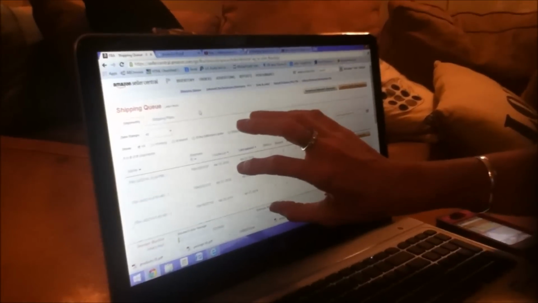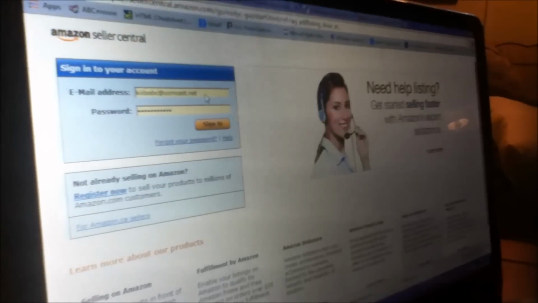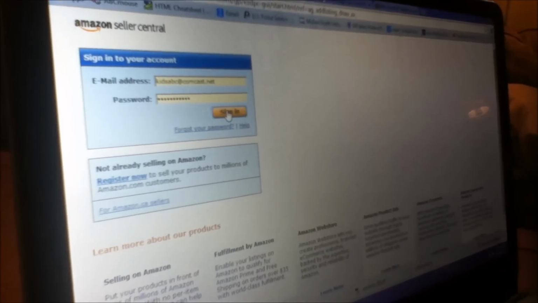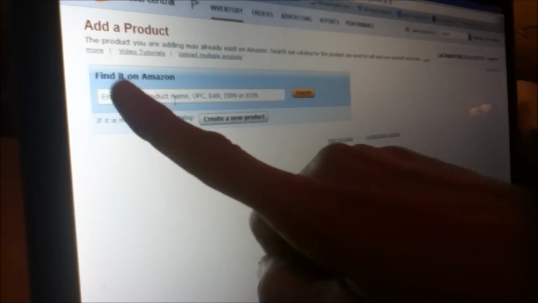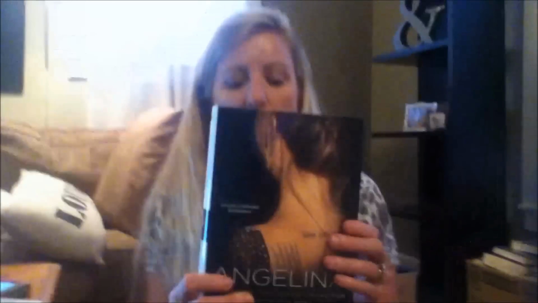So I'm on my Amazon page. I've signed in. I've logged in. Up here at the top, this is what it looks like. And I'm going to click on Inventory, Add a Product. Now it's asking me to sign in again. Okay, so Inventory, Add a Product. This is what pops up. Find it on Amazon. I'm going to click in the white box, and I'm going to grab my first item. So here's my first book,